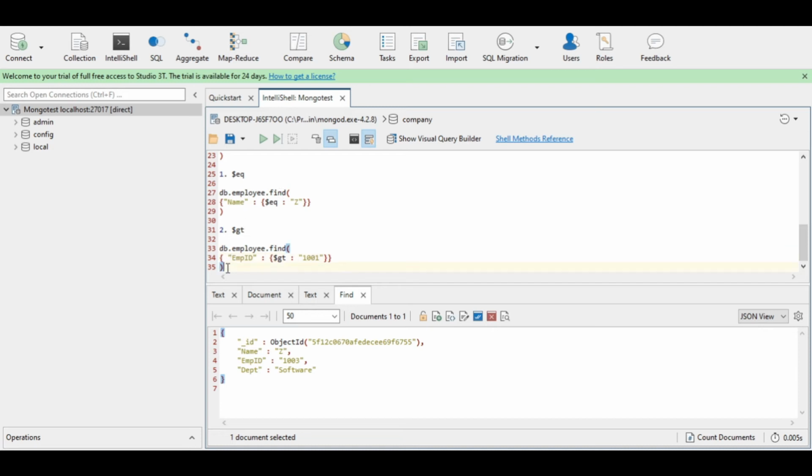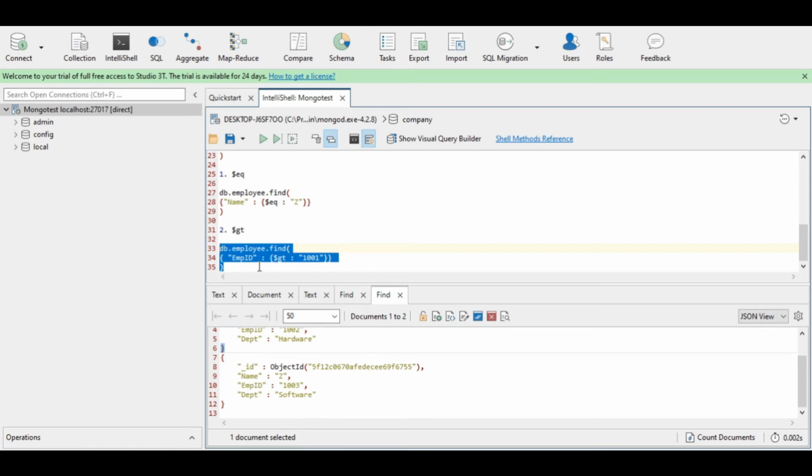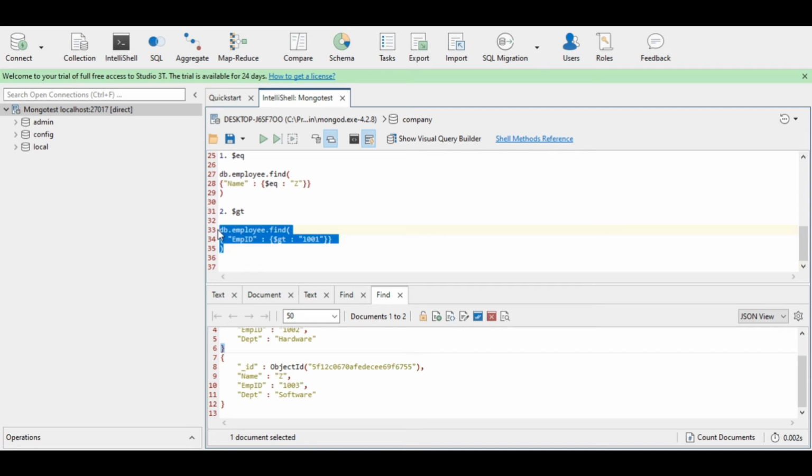Now select the query, execute it. So we are done. Under the result, we are finding the employee IDs 1002 and 1003, as 1002 and 1003 are greater than 1001.